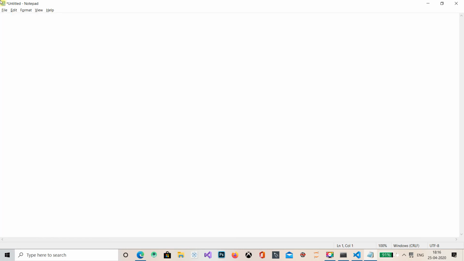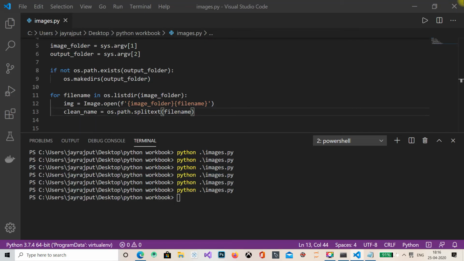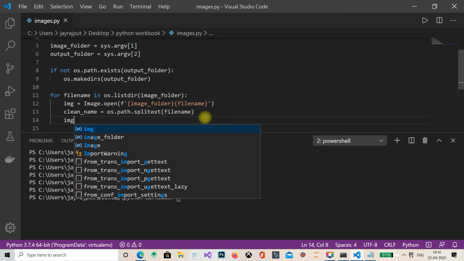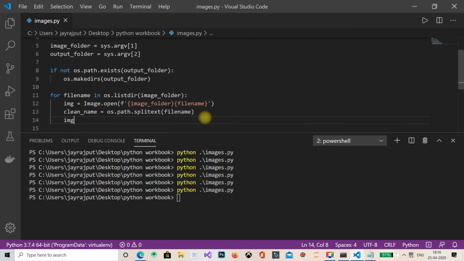Okay guys, so I have this code right here, after my filename, before my file name. Okay, so clean name. Then image. Obviously we want to save this image, so image.save, and we are once again using f.